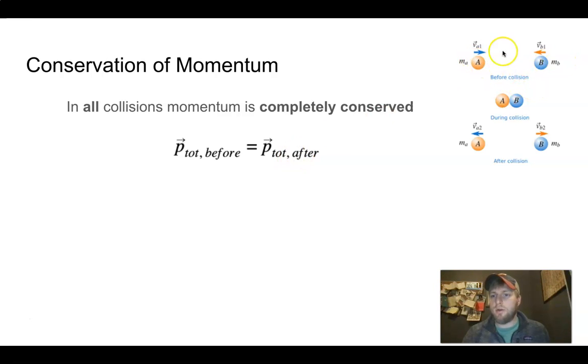So we can see here we have 2 objects. Here it uses A and B, but you might use 1 and 2. Before the collision, they each have velocities. During the collision, they collide. There's equal and opposite force applied to both of them, Newton's third law. And then the objects, in this case, they happen to move apart after the collision, but in fact they could